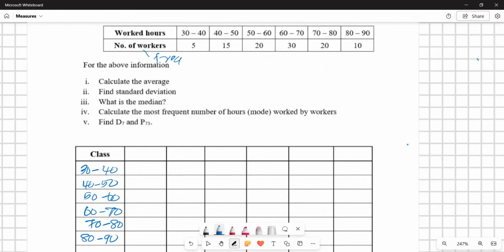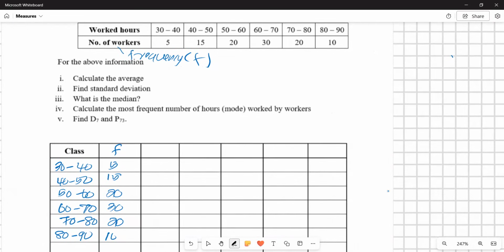Frequency is denoted by simple f, not capital F. So we put simple f here, right? 5, 15, 20, 30, 20, 10. Right. For the first part, the average, what we need is the mean,